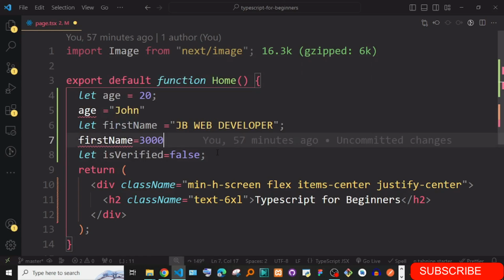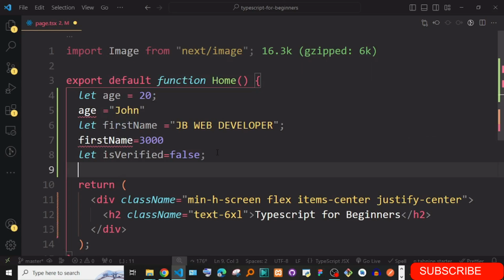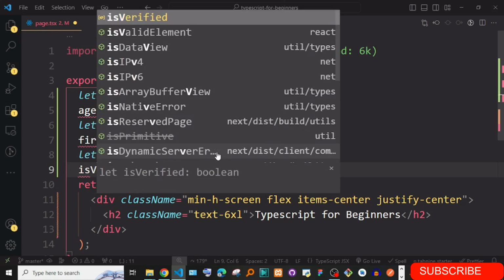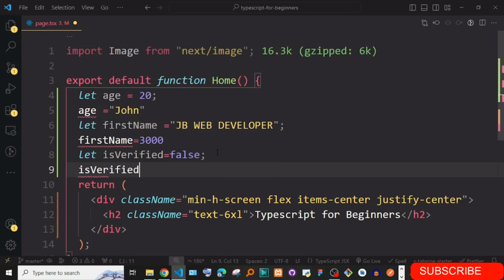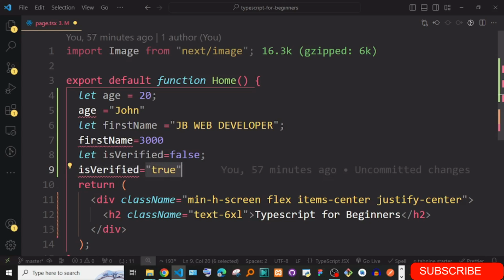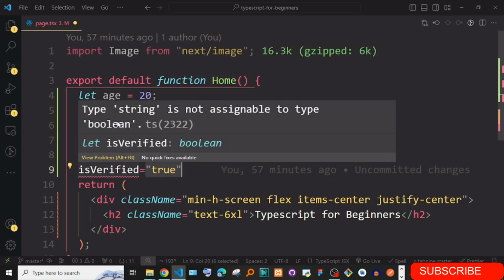And in this case, if I come to is verified and try to change it to true as a string, which is a common mistake where you write true as a string, you can see it says type string is not assignable to type boolean.